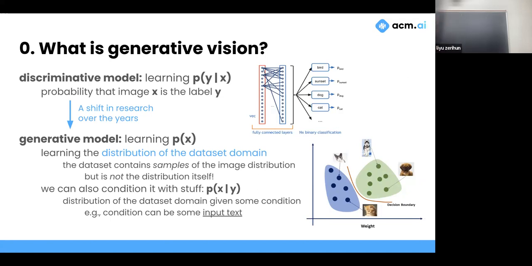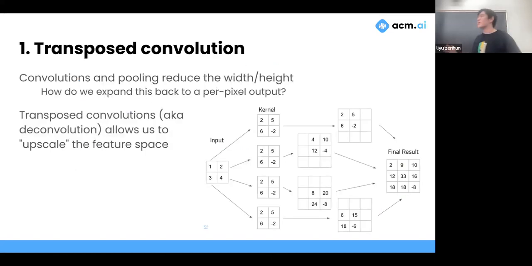And we see that in recent research, we've been shifting from discriminative modeling to generative modeling. Because, as I said, for example, image classification has been largely, quote unquote, solved with image-text models, right? We talked about this. So that's why today a lot of our research is on generative modeling, or at least trying to understand generative modeling. So before we do this, specifically for generative vision, there's one thing that is very, very important.